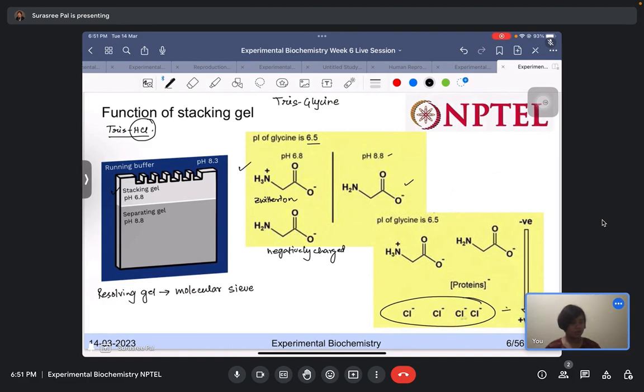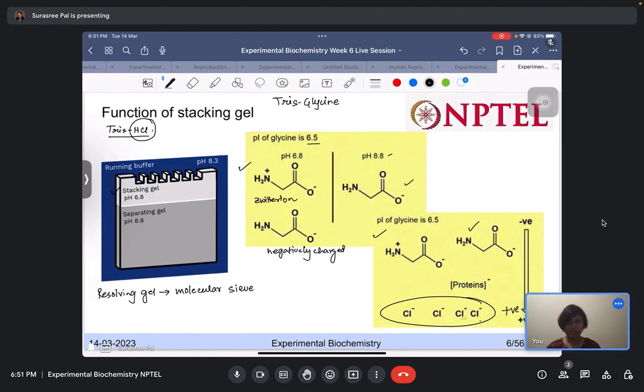This is actually the positive electrode, right? So the chloride ions will migrate fastest because they are very small, and they have high electrophoretic mobility. But the glycine ions, if they are zwitterions or slightly negatively charged, will migrate very slowly